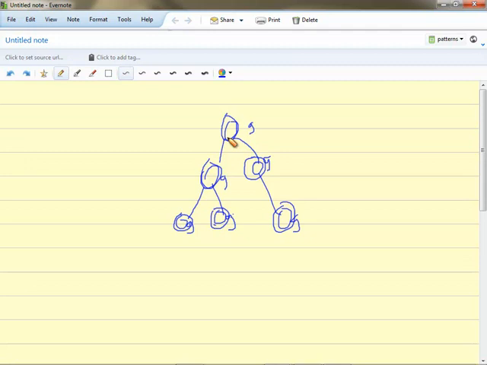Exactly. So we're trying to override methods